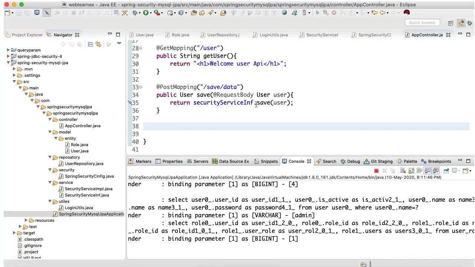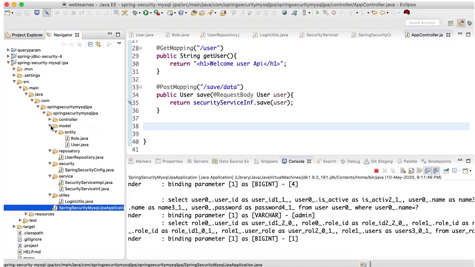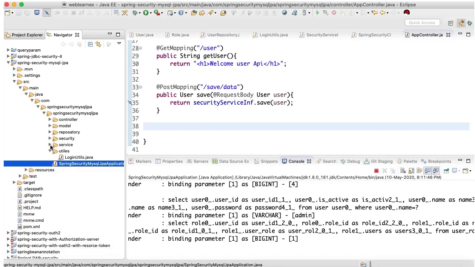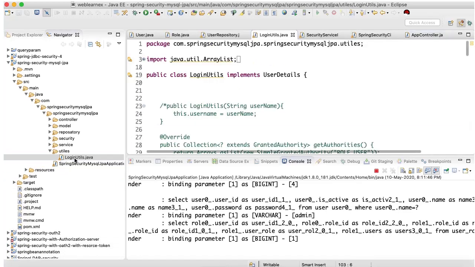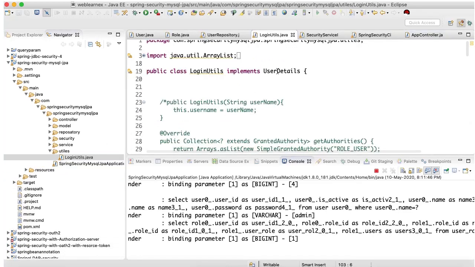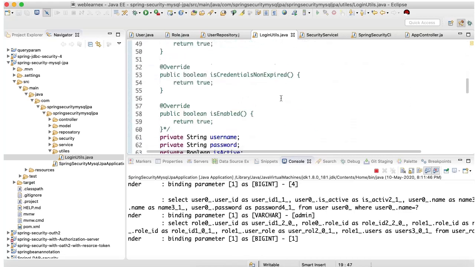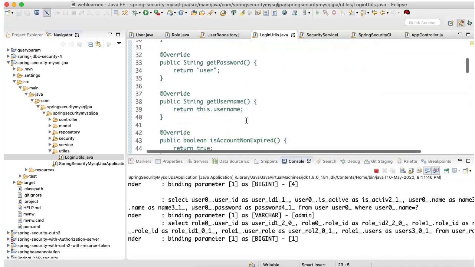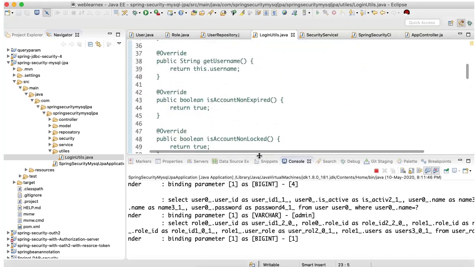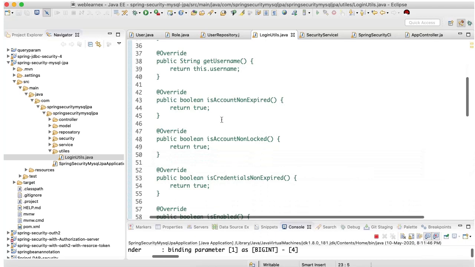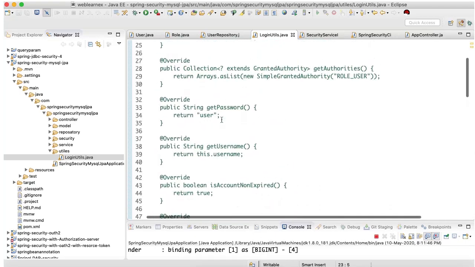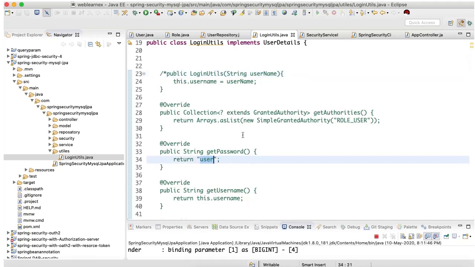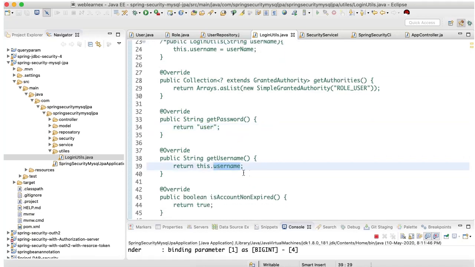Let me recap once again. So in this project I have created Spring Data JPA with MySQL. The util is basically used to override the user details. So there are two ways to override. First one is the simple way, meaning hard coded user ID and password. So here I passed the hard coded user and password, and I have written whatever user is coming from the UI, I just wrote that only.